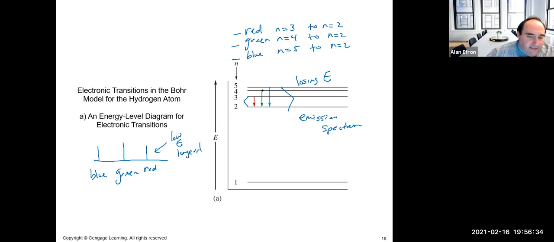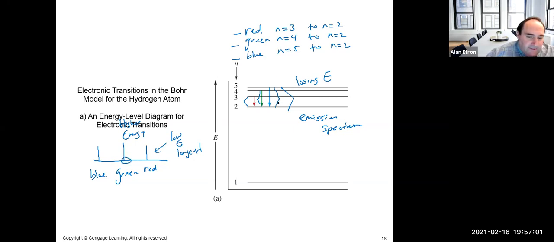Here, this guy is transitioning from the 4th to the 3rd to the 2nd. That's 2 energy levels, the green guy. That's going to be obviously a little bit more in terms of energy. If we look over here, a little bit higher in energy to do that 2 energy level transition. It's going to have a little smaller wavelength when we see it come out, as opposed to our